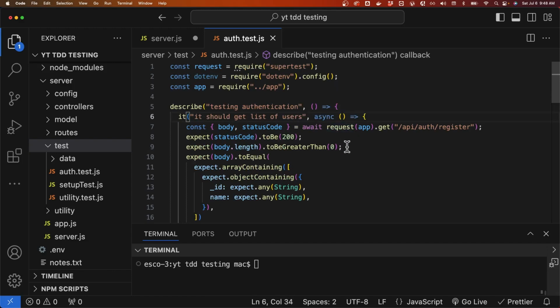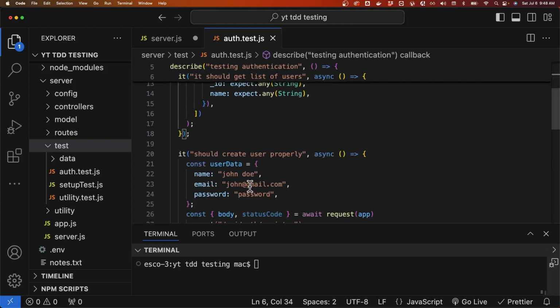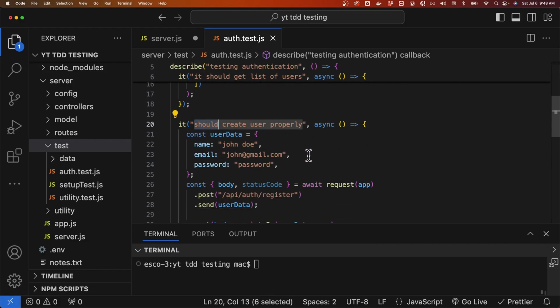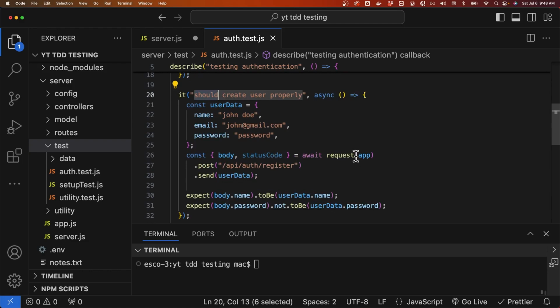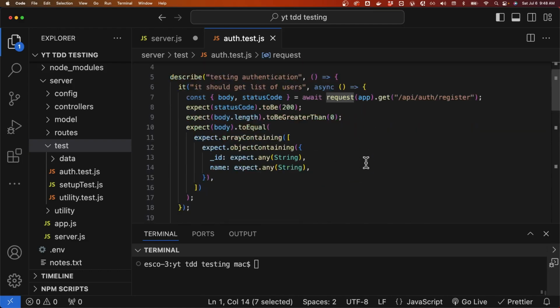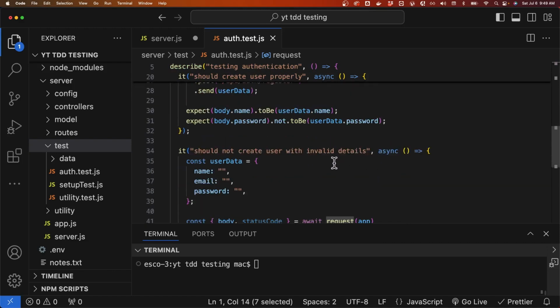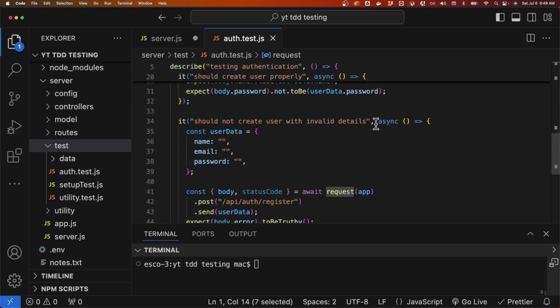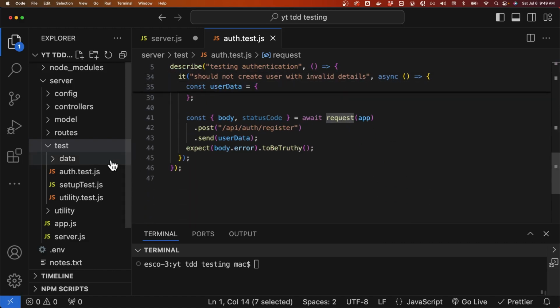So this is one of the tests that we wrote, and then the second one is it should create user properly, where we pass our data, which then makes the request using Supertest, which is coming from here, and then we write our various assertions in here, and then it should not create user with invalid details,